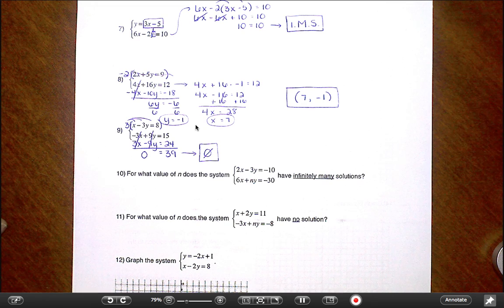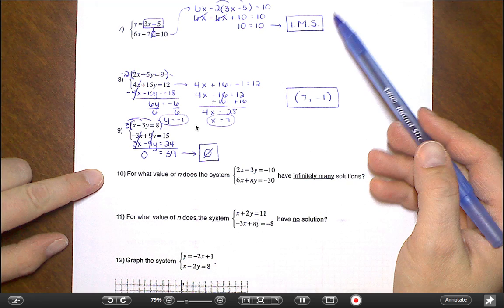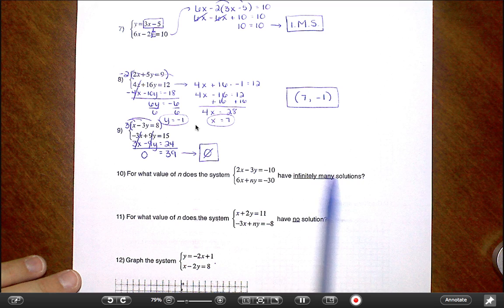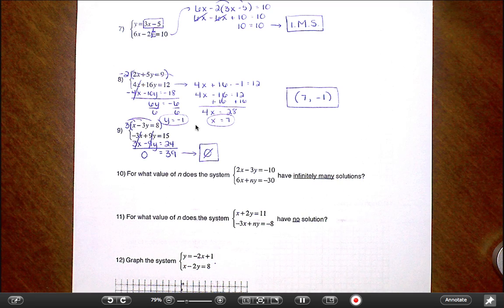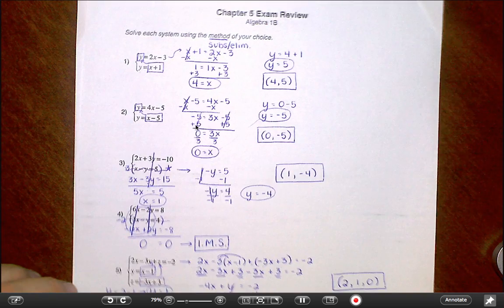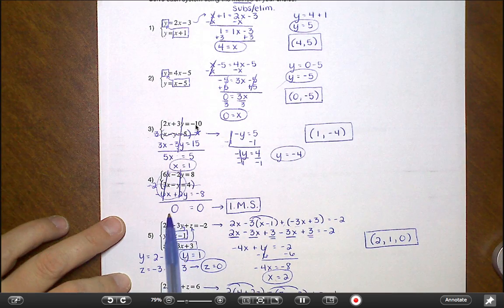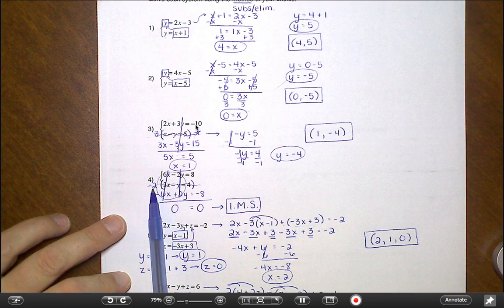Okay, so let's look at number 10. This sort of speaks to number 7 or number 4 on the previous page. We want to make this have infinitely many solutions. Well, let's think about what happened when we had infinitely many. In fact, I might refer back to number 4 again. Number 4 back here, on page 1, came out to be infinitely many because we multiplied by something